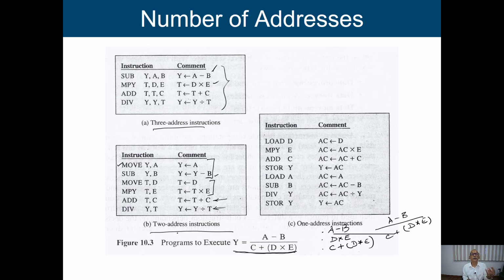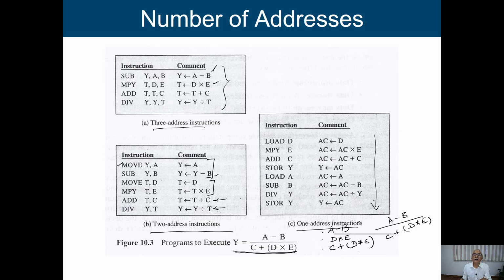So this depends on efficiency and cost, because for a complex system you have to incur more cost, as you need more silicon space. Now when we come down to the one address format, again we need more instructions. Here we are going to have a total of 8 instructions: 1, 2, 3, 4, 5, 6, 7, 8. So again 2 more machine level instructions are required. Now we have to execute 8 machine level instructions when we go to the one address format.